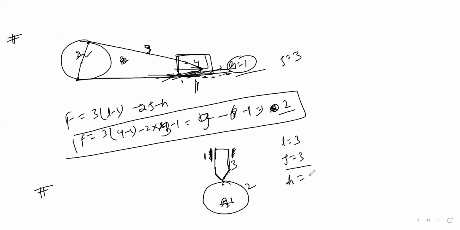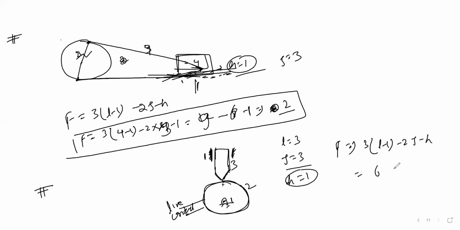And how many higher pairs are there? So here the higher pair is one. Why? Because this one is moving over that. It's making a line contact here. Line contact. So we can find out the degree of freedom: 3 into 2 is 6, minus 2 into 3 is 6, minus 1. So minus 1. See, if you are getting minus 1 here, it means,